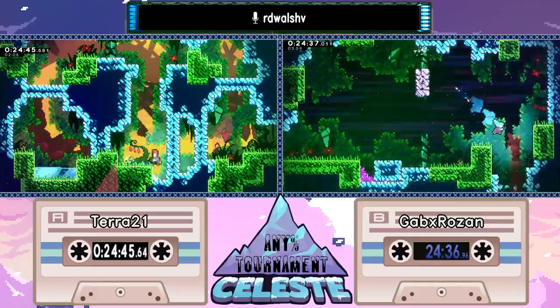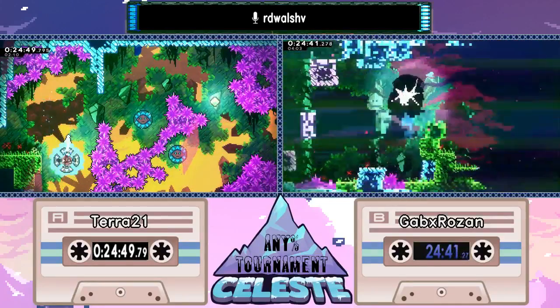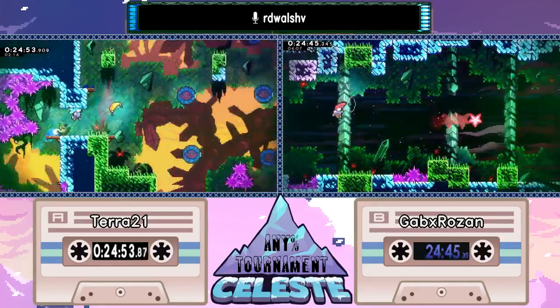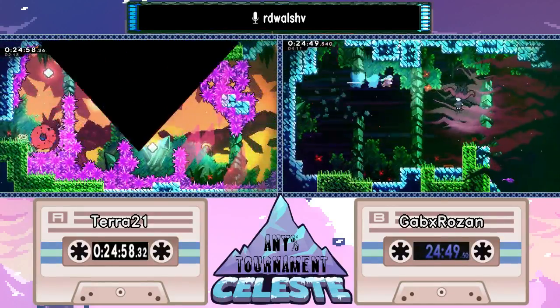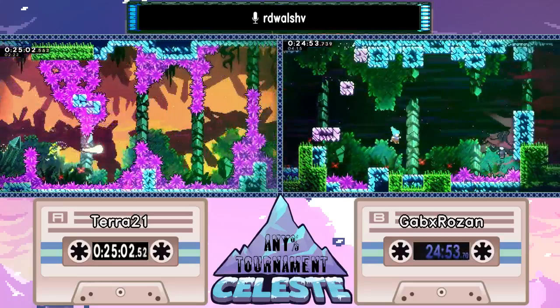Oh, Rozan went for the battle line boost there, which would have been... Yeah, if you move very precisely and get the right boost off that last crush block, you just fly all the way through that screen. Whereas Rozan, they almost got it, but they just barely missed the corner. But yeah, they still went through that screen with incredible speed, and they're off to the battle line fight,